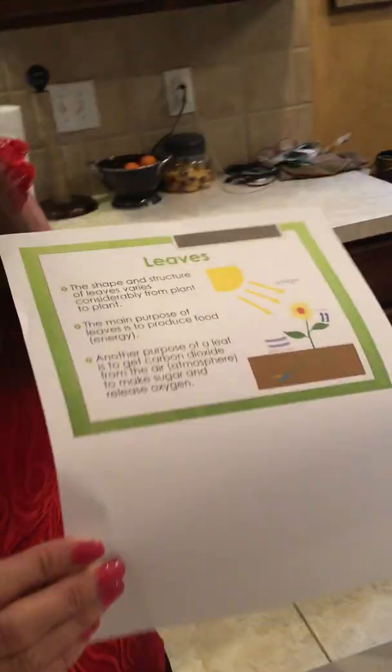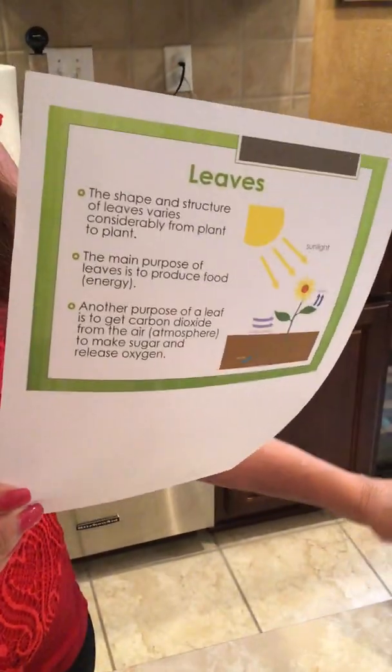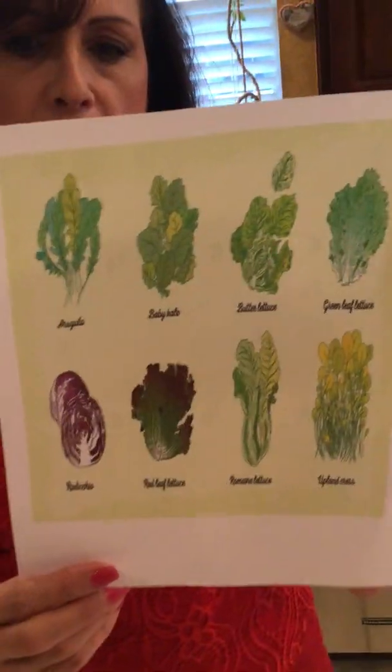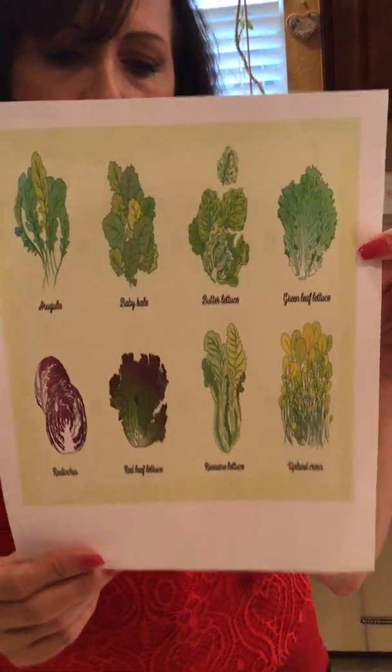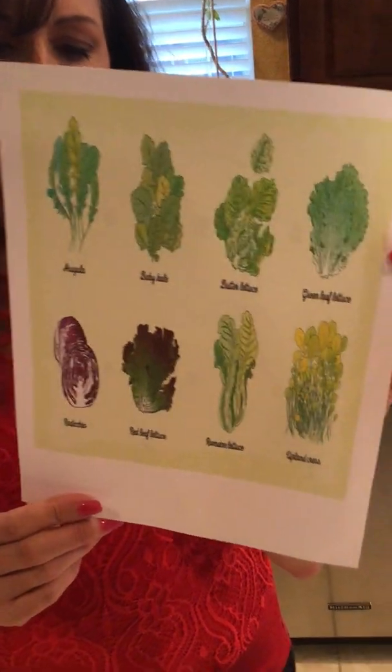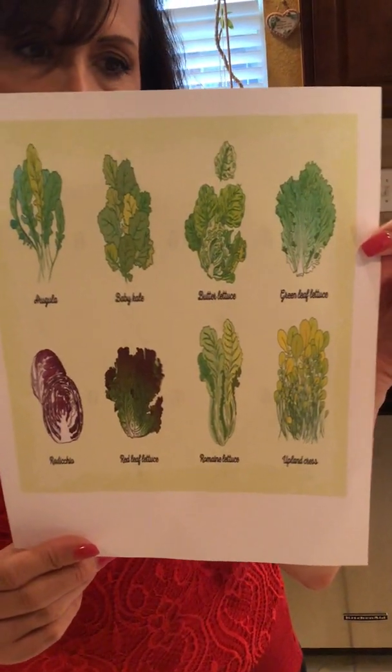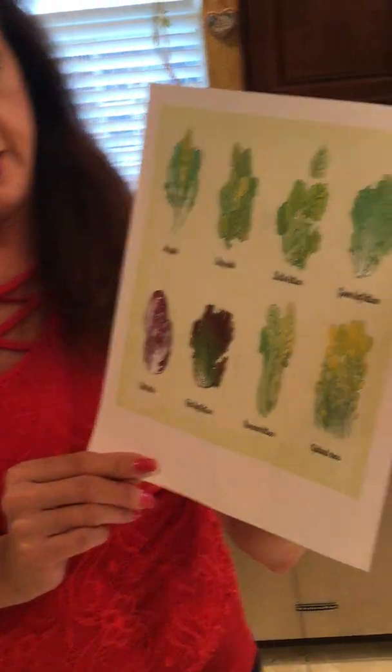So what parts of a plant are leaves that we eat? These are some that you may be aware of. Most of them are in the form of lettuce and the different types of lettuce: spinach, lettuce,